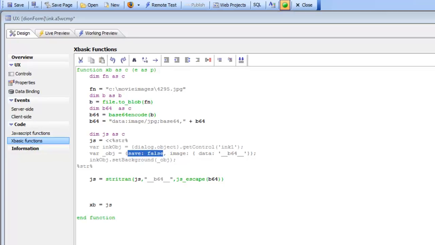So we're continuing now with our discussion of setting the image background on the ink control. You can see here that in this object we specified save false. That means that when the data in the ink control is committed, the background image is not going to be saved. That's going to be important in this case because the background image now is going to be quite big, because it's not just the file name of an image, but it's the base 64 encoded data, so that could be quite large. And then we have a placeholder here for the base 64 encoded data,